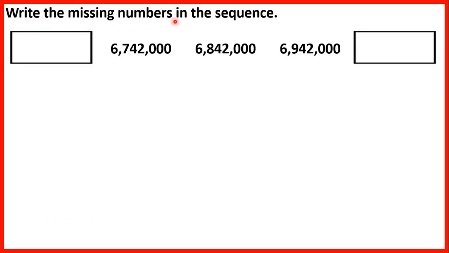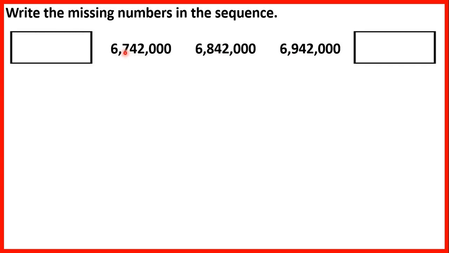Write the missing numbers in the sequence. So we have 6,742,000, 6,842,000, 6,942,000. So what we need to look at is the digits that have changed and the digits that stay the